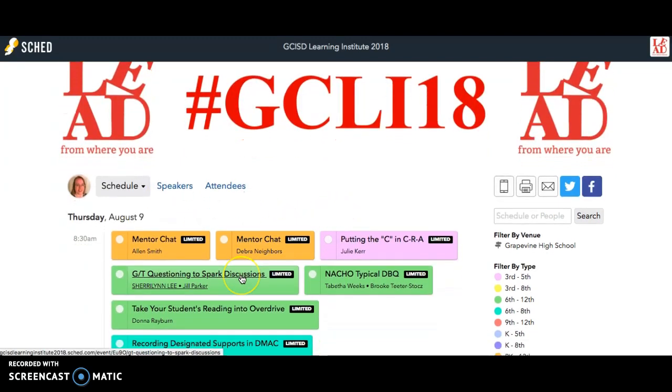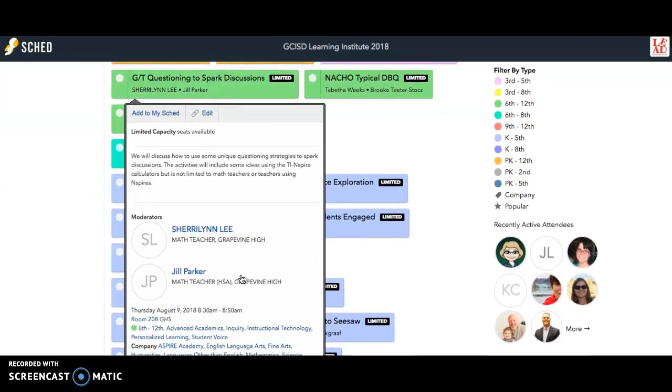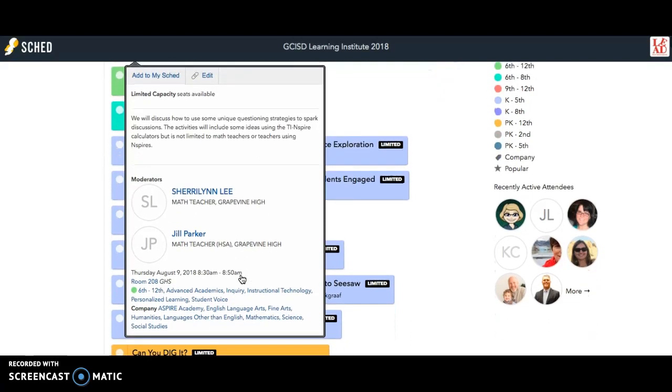In this simple view, you can see titles for sessions, and in order to see more information about a session, you simply hover over it and scroll down. You can see that each session has limited capacity. That's because we know the classrooms they're going to be in and the sizes for those. If there's a description for this session, it'll be there in that hovered over information. The speaker or speakers will be listed, and then a little more information about the session: when it starts and finishes, what room it's in, who its intended audience is, and maybe anyone else who might be interested in going to that particular session.